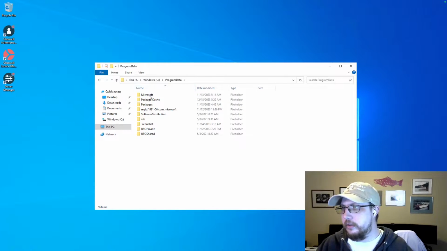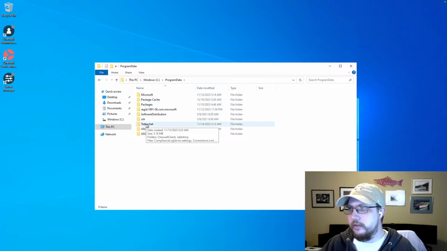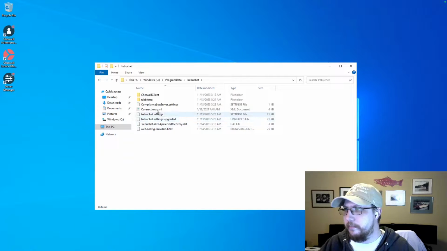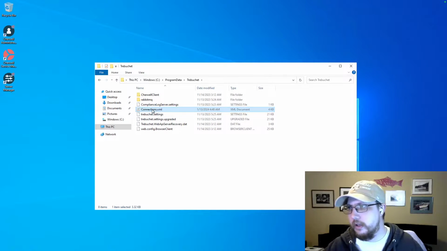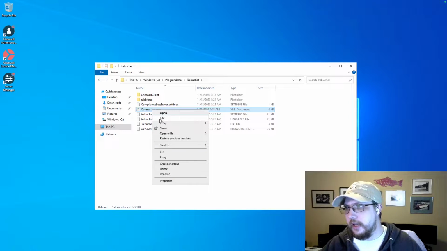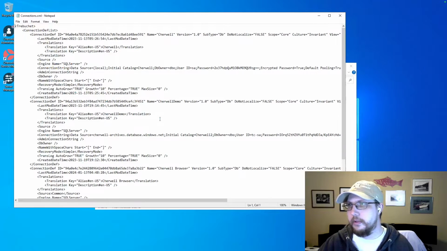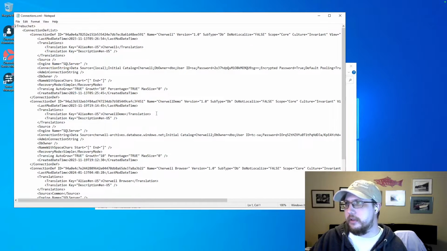And you'll notice one of these folders is called Trebuchet. Trebuchet is a name that shows up around Cherwell in a few places, and in this case, this is where Cherwell stores the information we're after. It's in this connections.xml file. I'm going to right click and click Edit. This will open it up in Notepad, and you can see